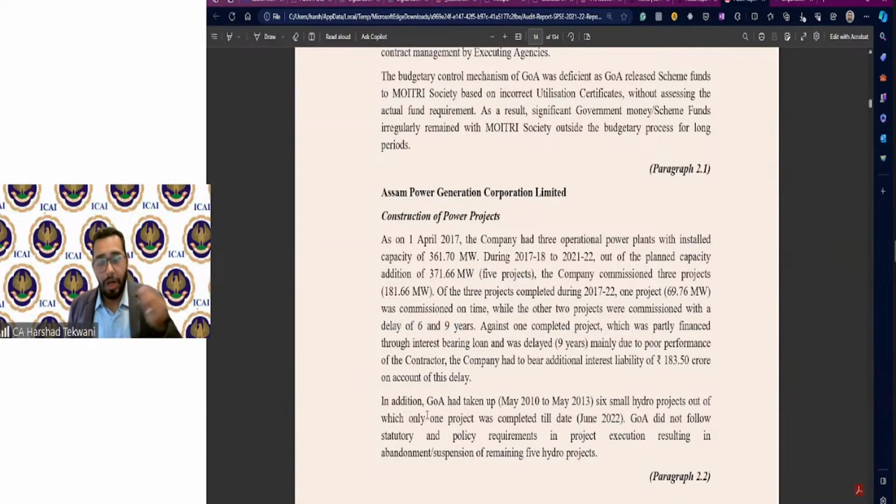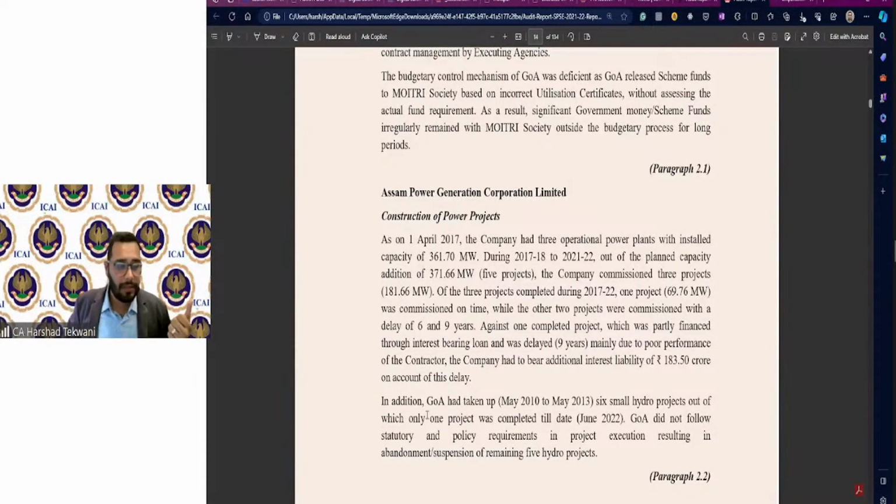Now, this is something the CAG on its own has not identified. This might be reported in the audit report of a chartered accountant, that there was a delay. And the chartered accountant, while auditing it, was aware that he needed to pay attention to these areas. And how was he aware? Because he understood what is expected of him while auditing a public sector undertaking. That will happen when you understand the type of audit, or the type of assignment being provided to you. Number 2, where your report will go.